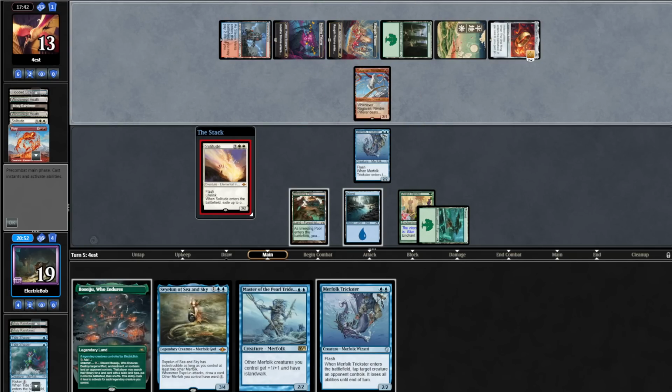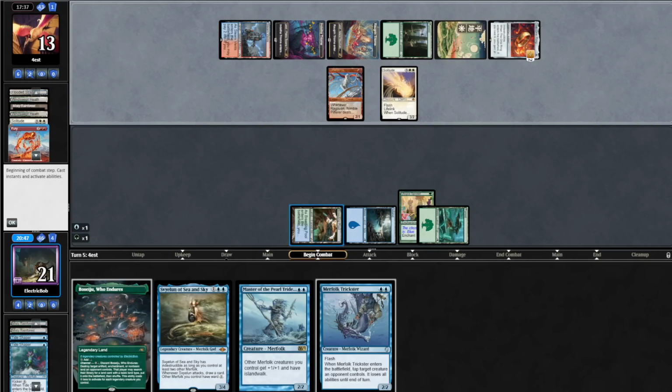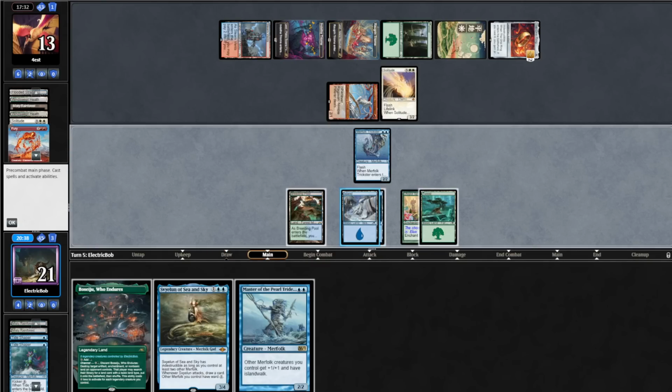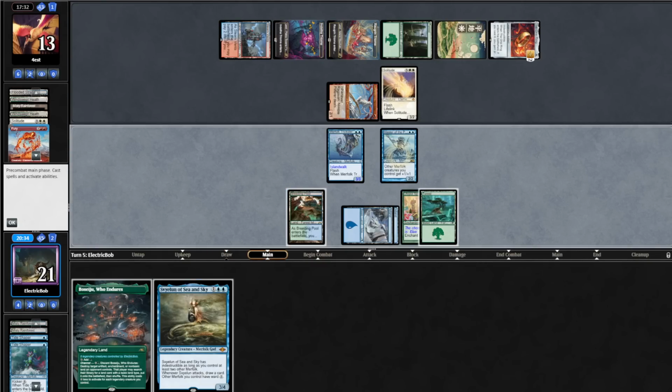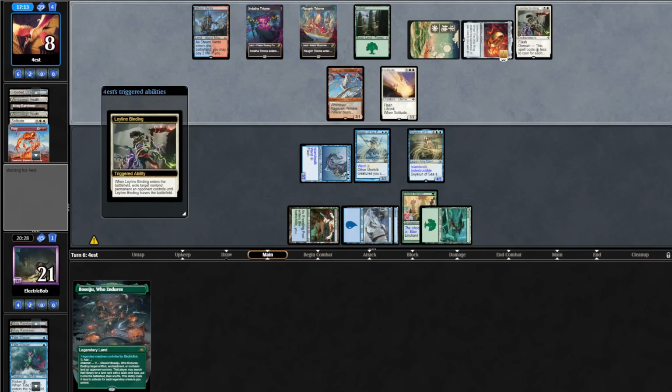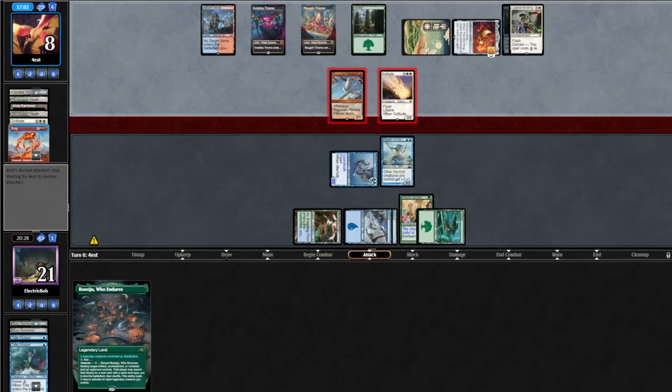And then they cast out a Solitude, killing our Trickster. And before combat, we'll flash in our Merfolk Trickster, tapping down their Ragavan. We find an island, we'll play that, cast out our Master, and then play out a Svelun. And we'll attack in for 3. They draw 3, and they do have a Leyline Binding, taking out our Svelun, and they attack in with both,